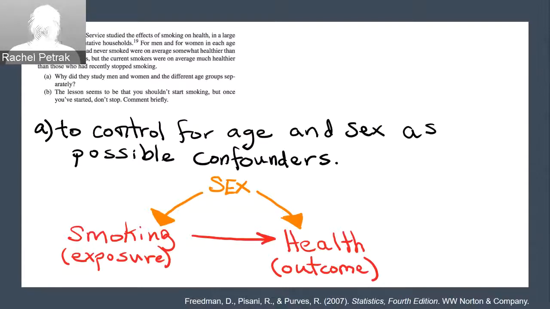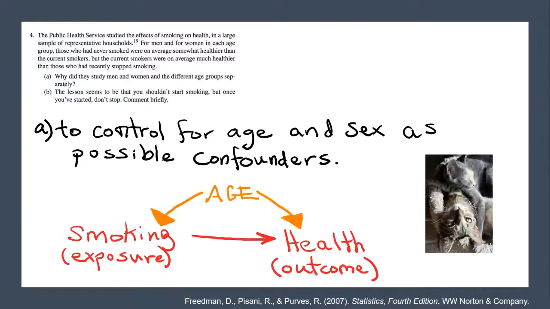Now, the other part of this question asks about studying the age groups separately. The same reason applies here: age is independently associated with both smoking and with health. And we're going to break this one down a little bit more when we do part B. So in our next step of this problem,